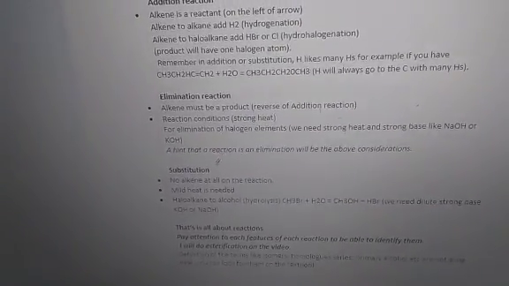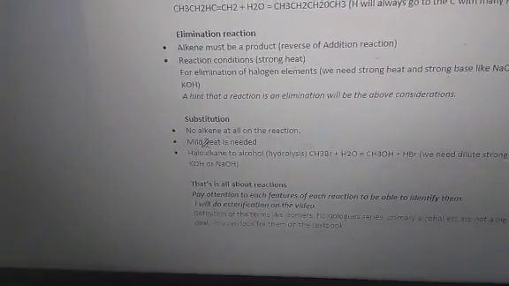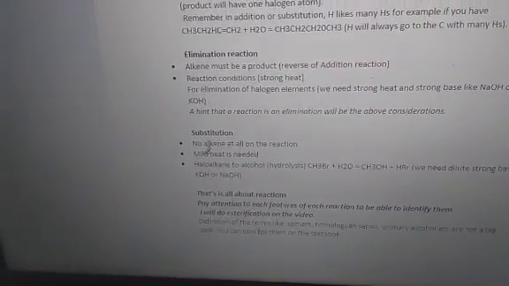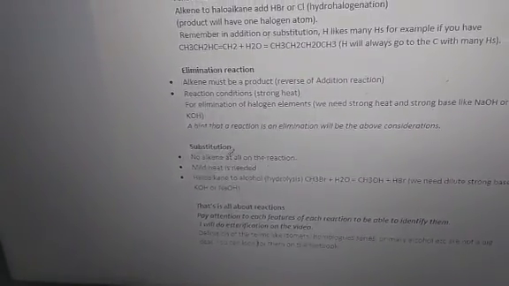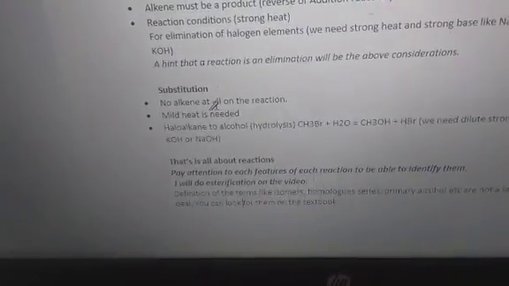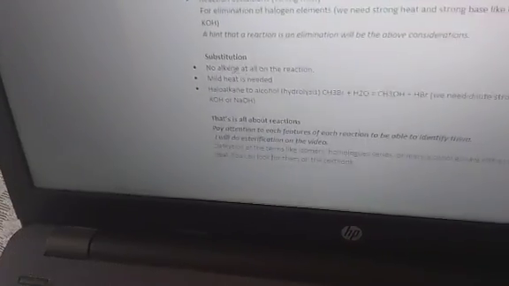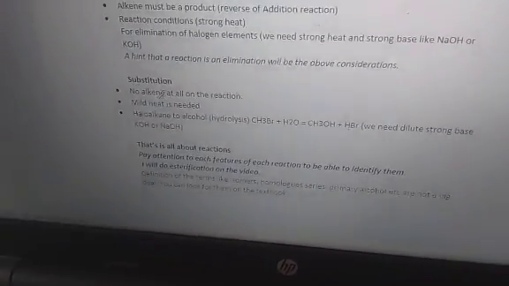Okay, for substitution, there's no alkene anywhere. There must be no alkene anywhere, because you are substituting on something that is already enough. It's more like those who like football. You are substituting from the starting 11. The players are already 11, so you can't say I'm adding. You are substituting someone because there must always be 11. Hence, there must be no double bond in that reaction, on that equation.